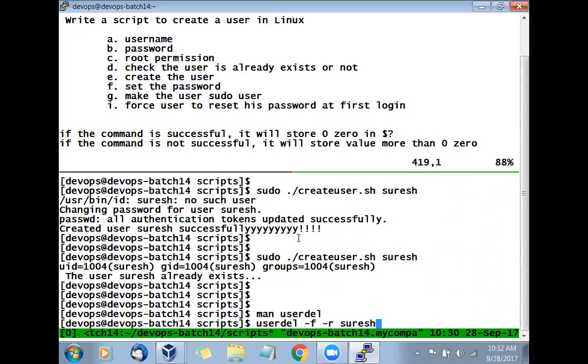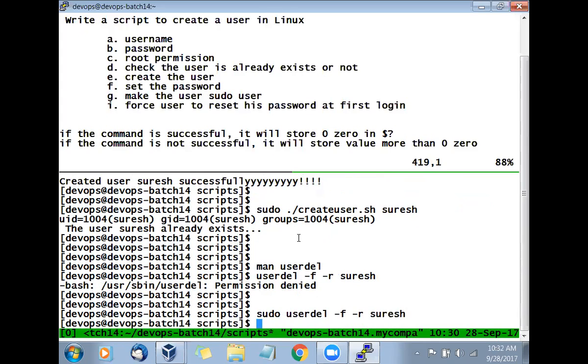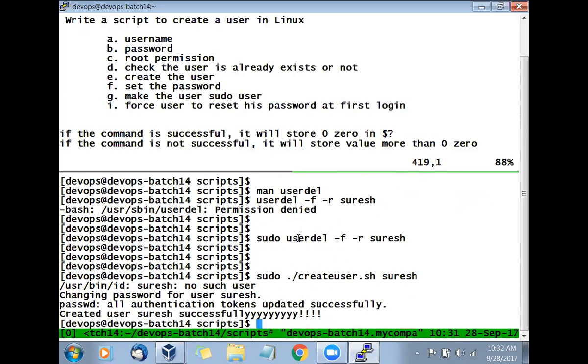Because there is no data, I'm going and forcefully doing it. Ready, steady, go. Done. It says permission denied. Why does it say that? I'm not a root user, I'm the DevOps user. So let's go and do that with sudo. Done. I have deleted the user. Now let's go and create the user Suresh again. Ready, steady, go. 1, 2, 3. Yes, so the user was not found, and it created the user again. So you can create the user, delete the user, whatever you want, you can do that. Same thing if you write in the script, it will delete the user, no problem.